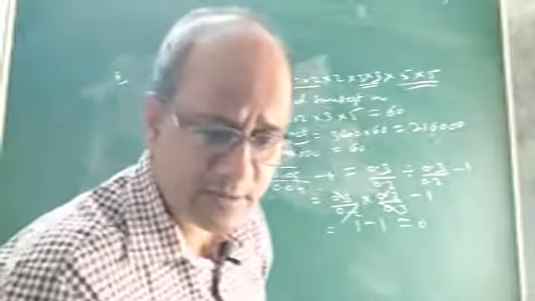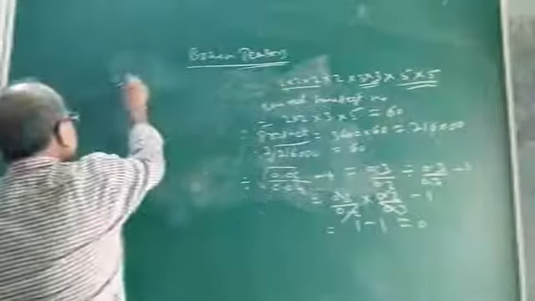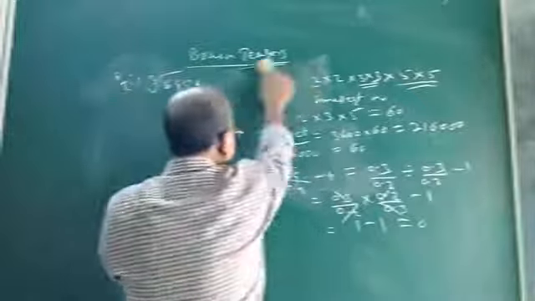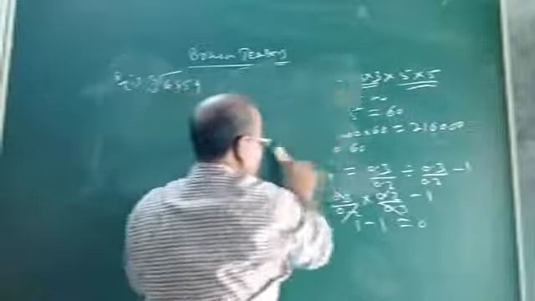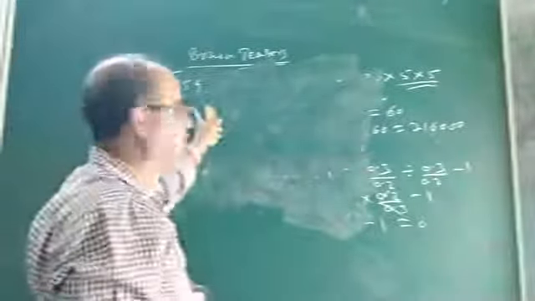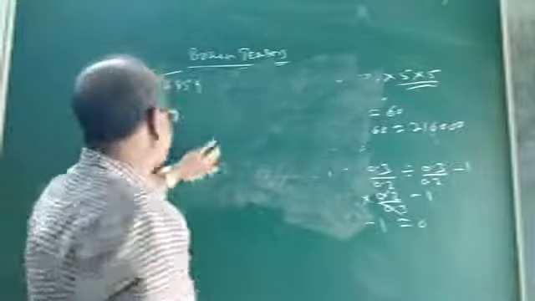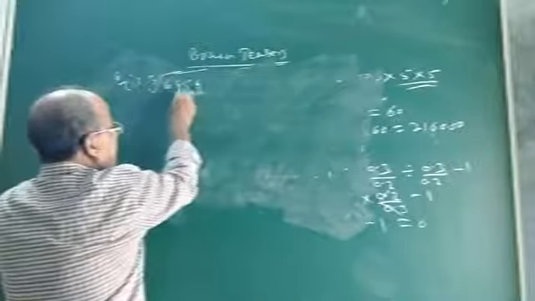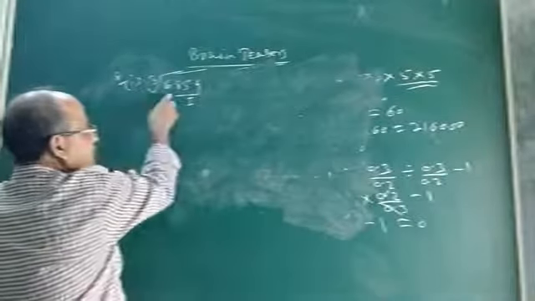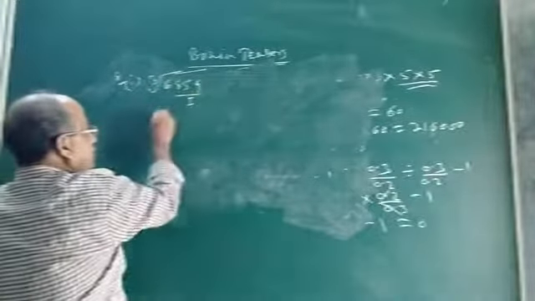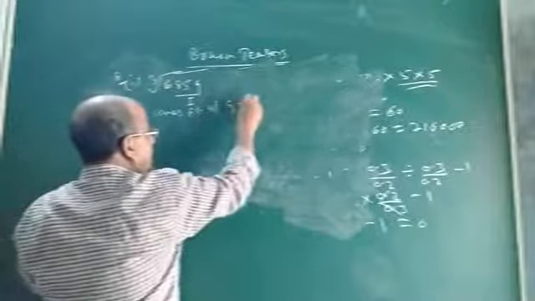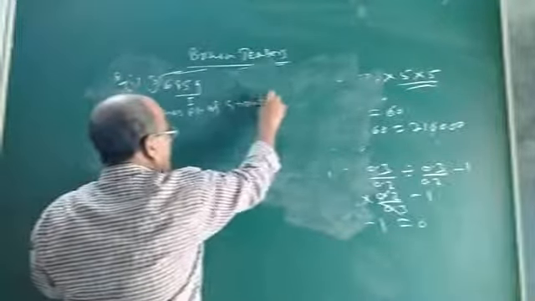It is given 6859. What is the cube root of 6859? How to find out? Children, you must have remembered the estimation method. We have already done so many problems regarding the estimation method. What is the estimation method? First you form groups from the right. This is group 1, and this one, 6, is left. It cannot form any group. Now what is the ones place of group 1? The ones place of group 1 is 9.